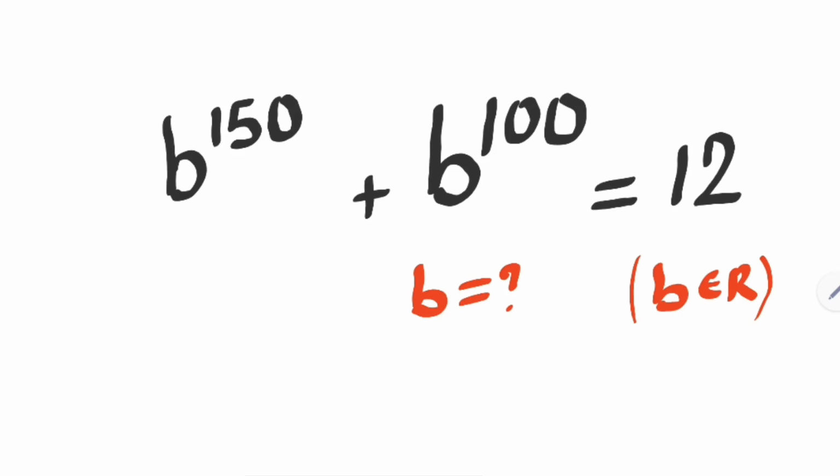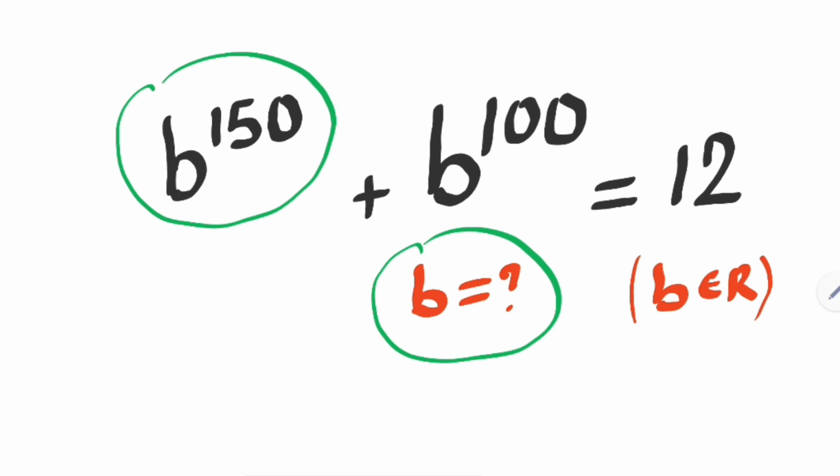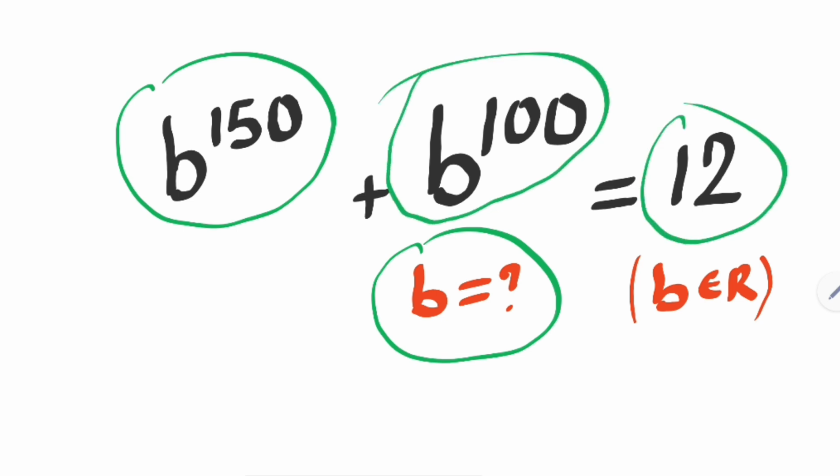Most students fail this math problem, but can you solve this? Hi everyone, welcome back. Today we want to find the value of b from this given nice math algebra problem. b raised to power 150 plus b raised to power 100 is equal to 12, where b is a member